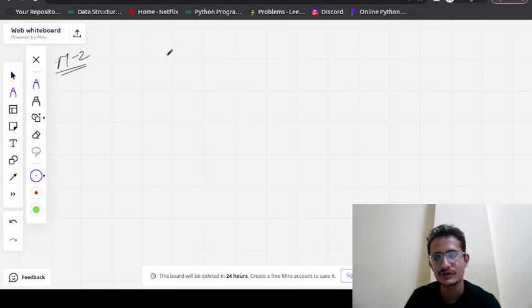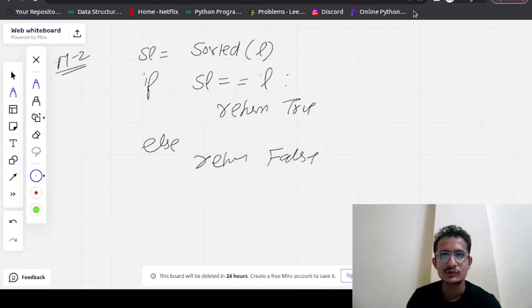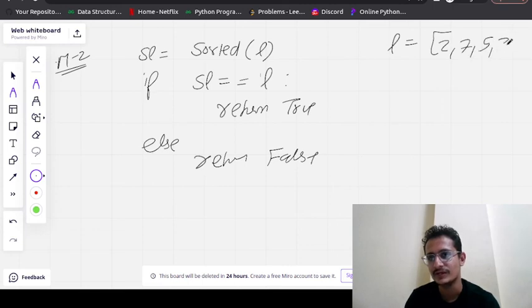Some person will say that we will make a new list as a sorted list. We will call the function sorted on the list and then compare. If our existing list and the sorted list are equal, return true, else return false. Suppose our existing list L is 2, 7, 5, 3.